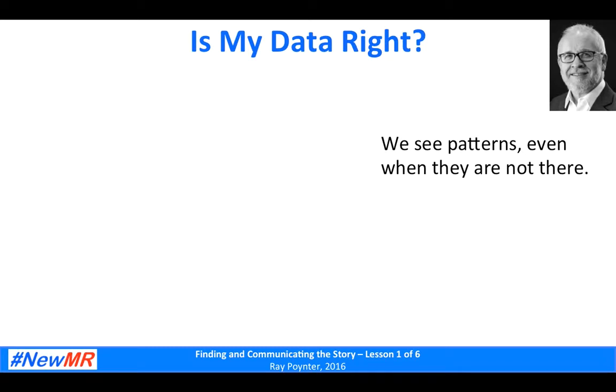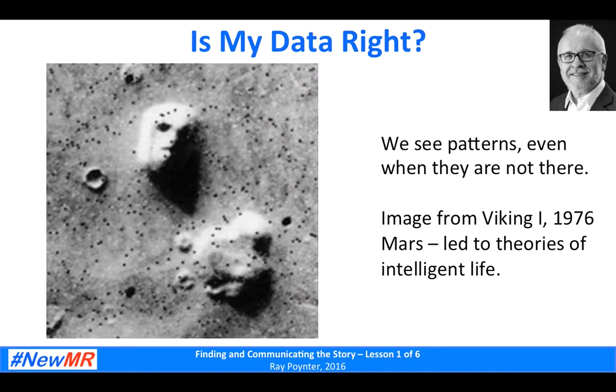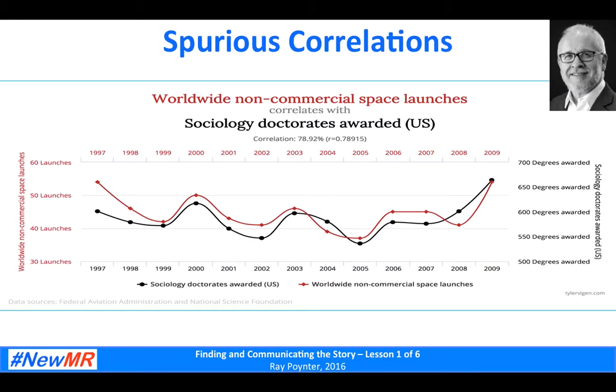We need to check things like, is the data right? Because we see patterns in the data even when they're not there. So this is a picture dating back to 1976 from Viking 1, a spaceship sent out to explore the solar system. And it went past Mars and it took this picture. And so many people thought that this was evidence of life on Mars, that people had done some sort of sculpture there, that Viking 2, another spaceship, had to be rerouted to take pictures of the same part of Mars but from another angle to show, no, that's just a naturally occurring phenomenon, and our brains have made it look like a face.